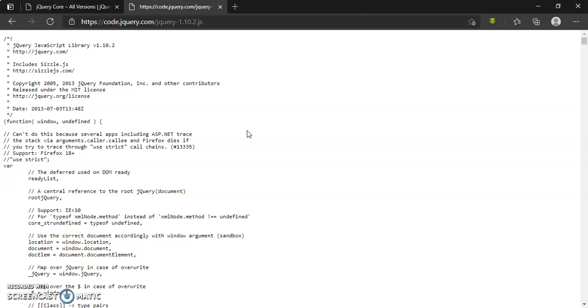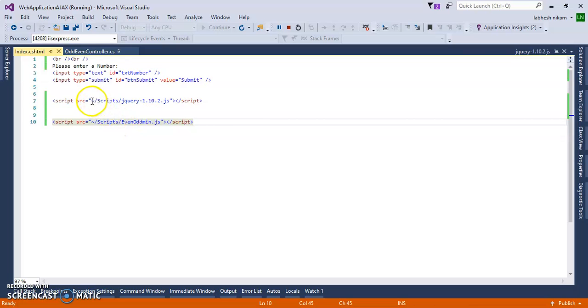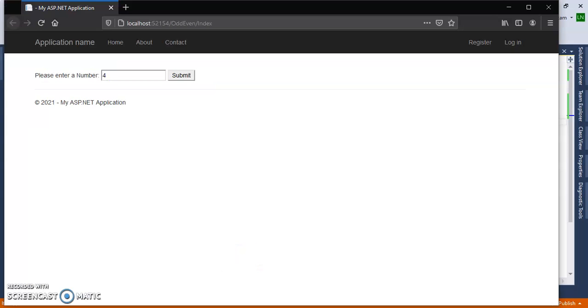You can get the jQuery CDN here. Just copy this path and paste it right here in place of this source, so that the CDN network is available for this jQuery version. And if I use this in my program, let's run it.